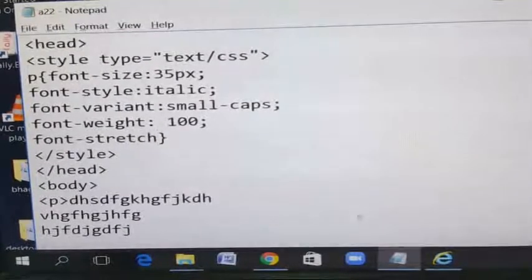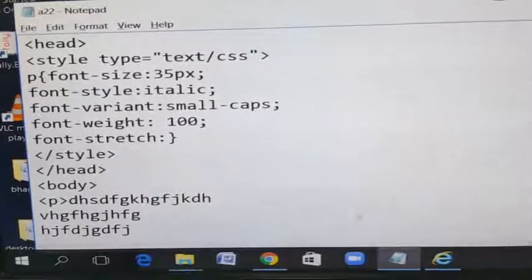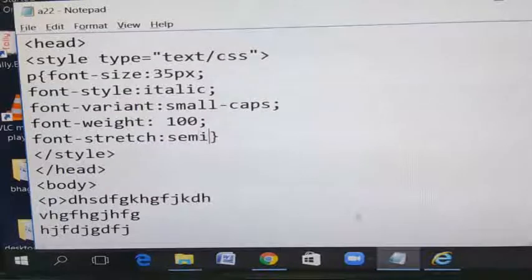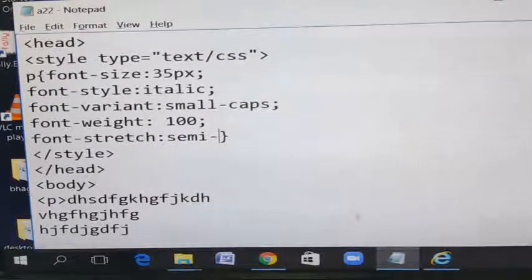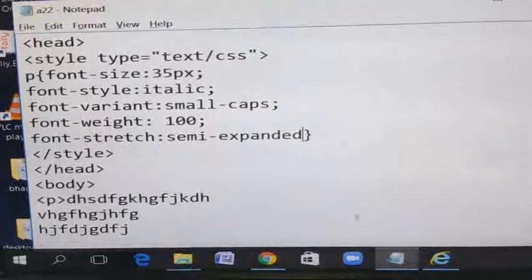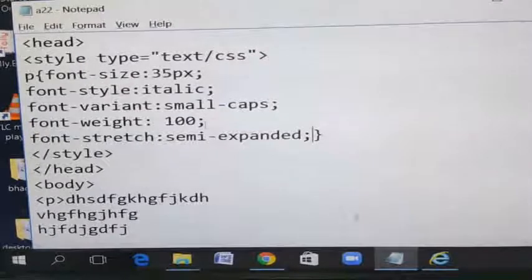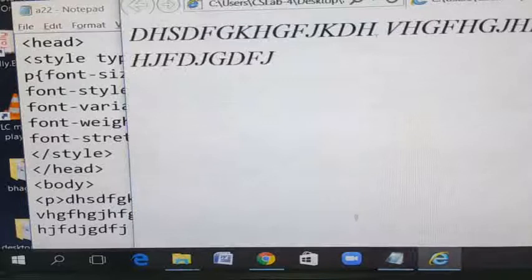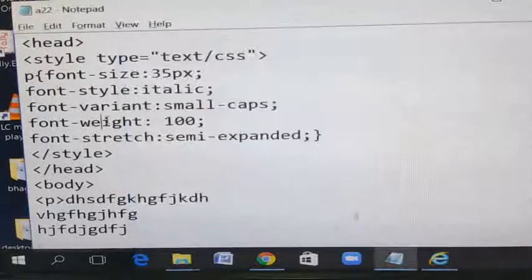Font stretch. You can give, I have given a number of values. Out of that you can give semi-expanded, semicolon. Save it, come to the browser window, refresh this. Just a minute, I think some error is here.